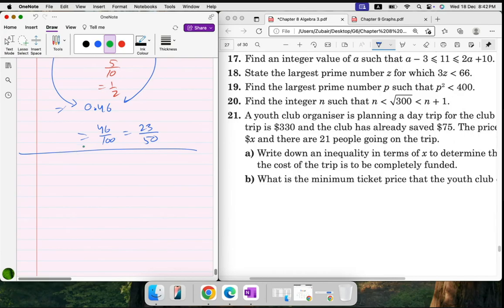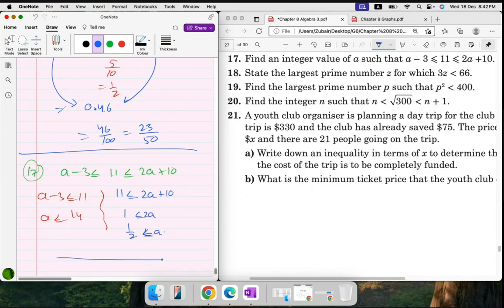Number 17. A minus 3 is less than equal to 11 is less than equal to 2a plus 10. A minus 3 is less than equal to 11, so a is less than equal to 11 plus 3, 14. On the other side, 11 is less than equal to 2a plus 10. 10 comes over here. This is 1 less than equal to 2a. 1 by 2 is less than equal to a. So basically, a is greater than equal to 1 by 2 and a is less than equal to 14, and